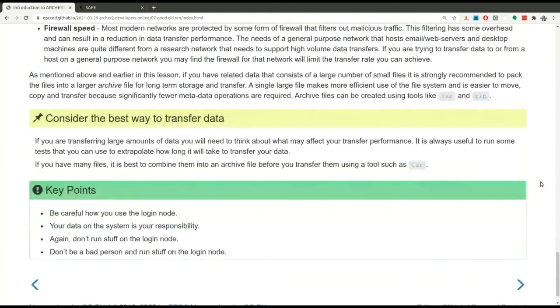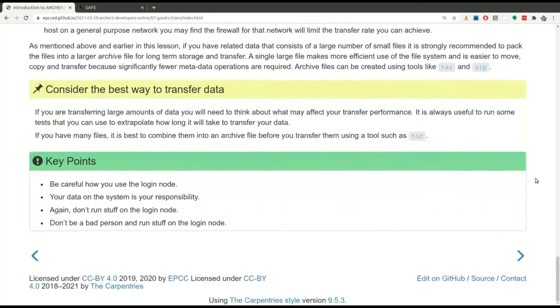So yeah, the advice is to use tar, for instance, to create a large file and transfer that. So, key points to sum up: be careful how you use the login node. Also, keep backups